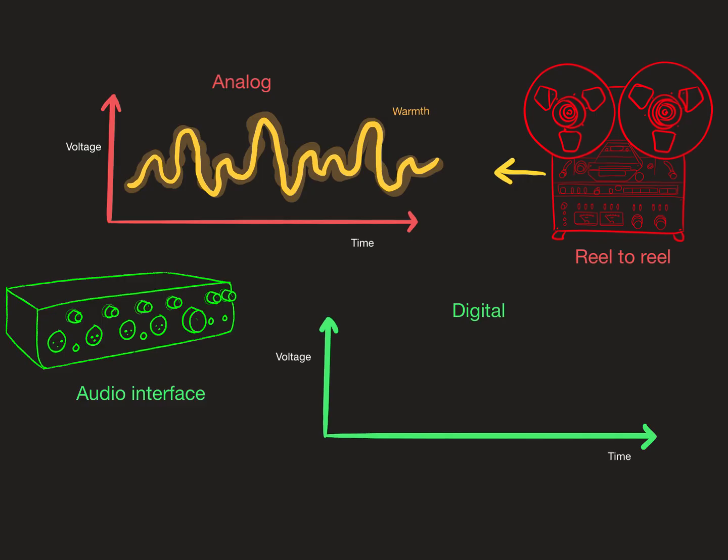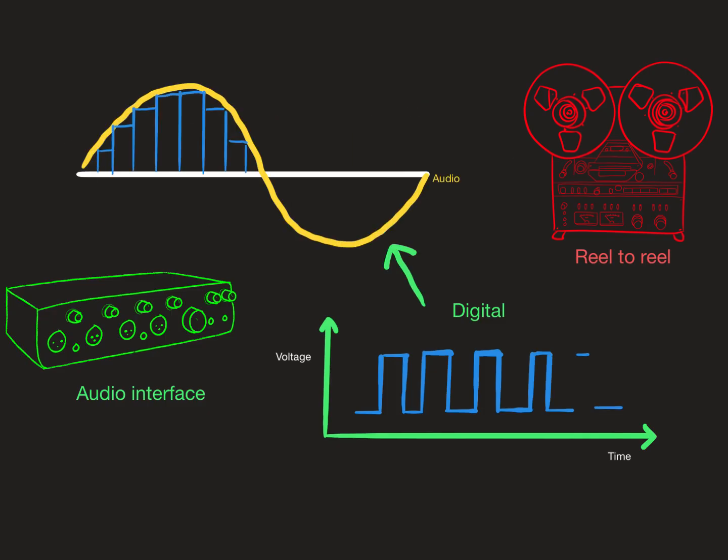Digital recording works differently, by sampling the sound at discrete intervals and converting it into numerical data. Sampling rate determines how often the signal is measured, while bit depth determines how precisely each measurement is captured, resulting in a system that is highly accurate, editable, and resistant to degradation over time. Both analog and digital systems ultimately aim to capture and reproduce sound as accurately as possible, but they do so